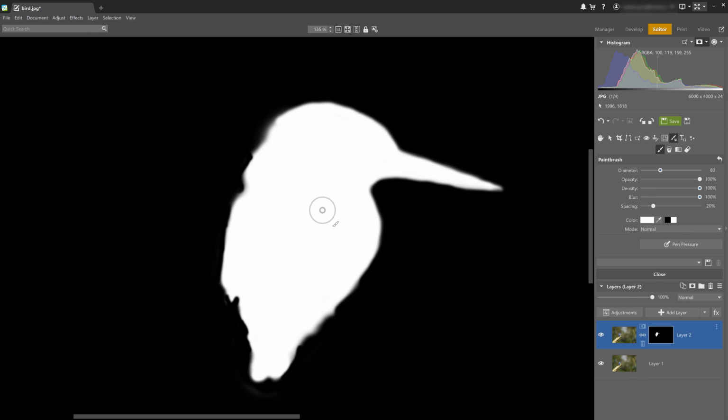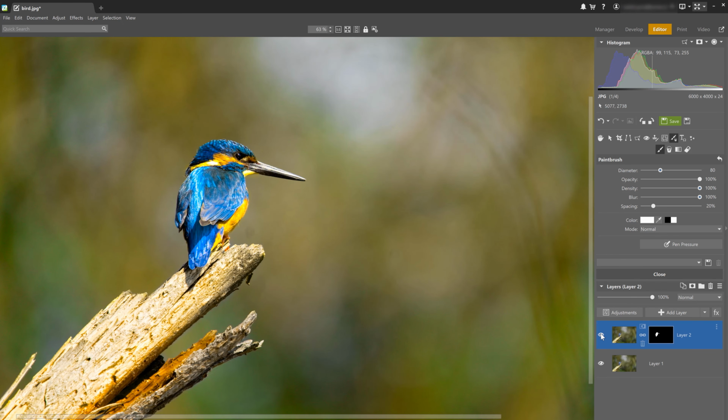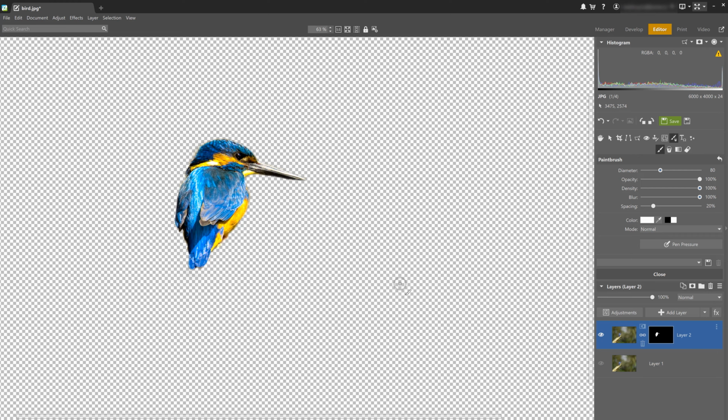Now, once my selection is complete, I'm going to disable mask display and I'm going to hide the original layer. And I'll do that using the eye icon next to the layer. Now, if you're still having issues with layers and how they work, that's fine. Just check out this video. The link will be below as well to kind of clarify that process.